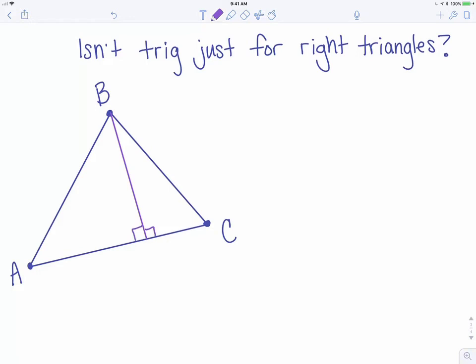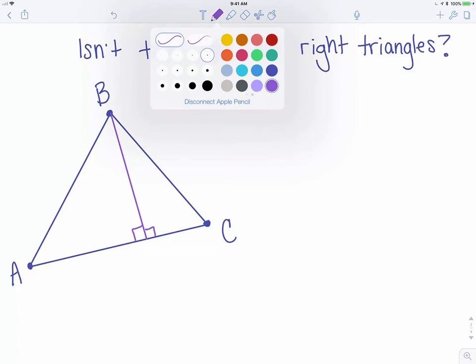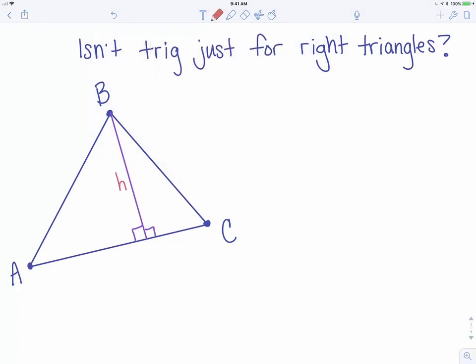Now these two right triangles we can form sine ratios with, and so that's what we're going to do right now. So I'm going to call this altitude h, as in the height of the triangle. If I'm focusing on this angle, this is my theta right here, the sine ratio, oops, let me get the lowercase letters real quick. Across from angle A, we have side a. Across from angle C, we have side c, and across from angle B, we have side b. And no, I don't expect you to be writing this down. I'm just showing you where the law of sines comes from,